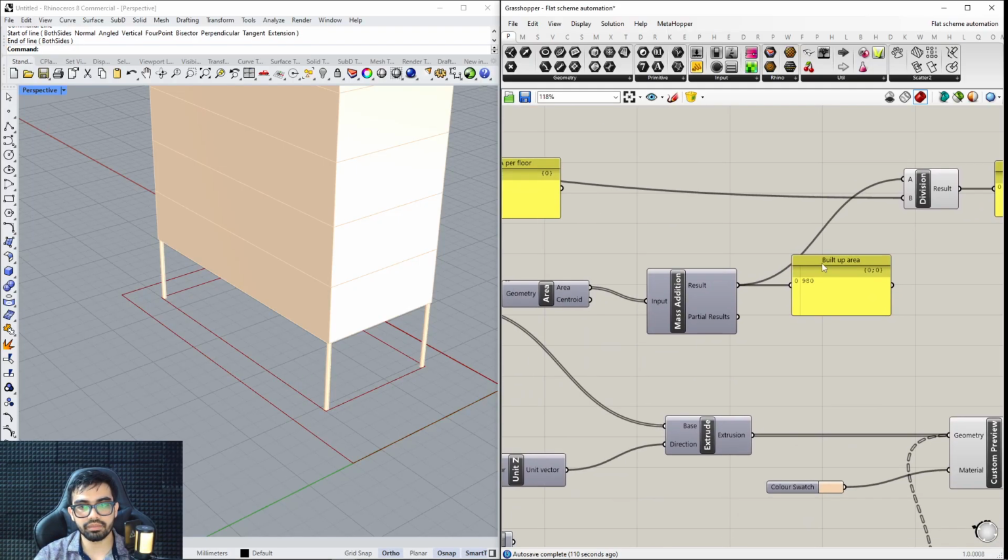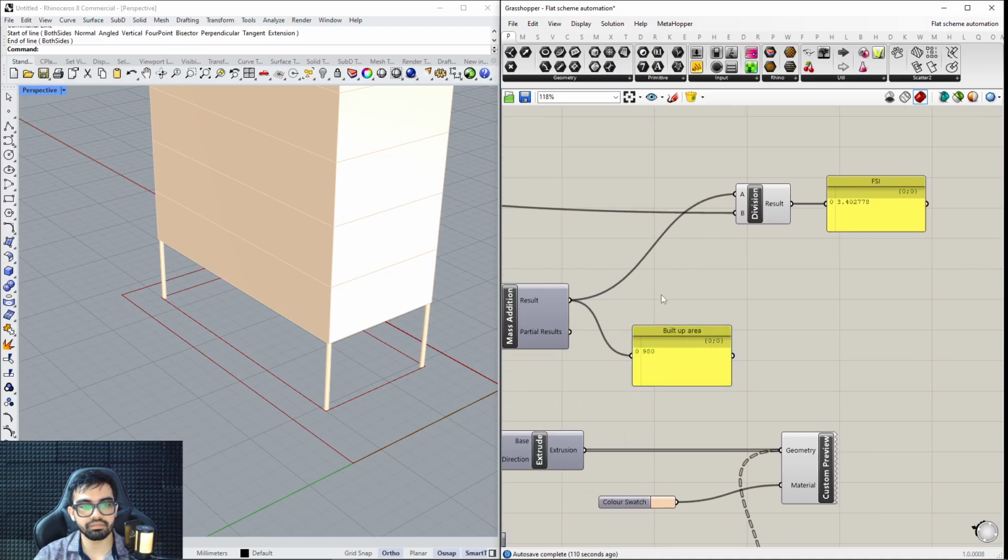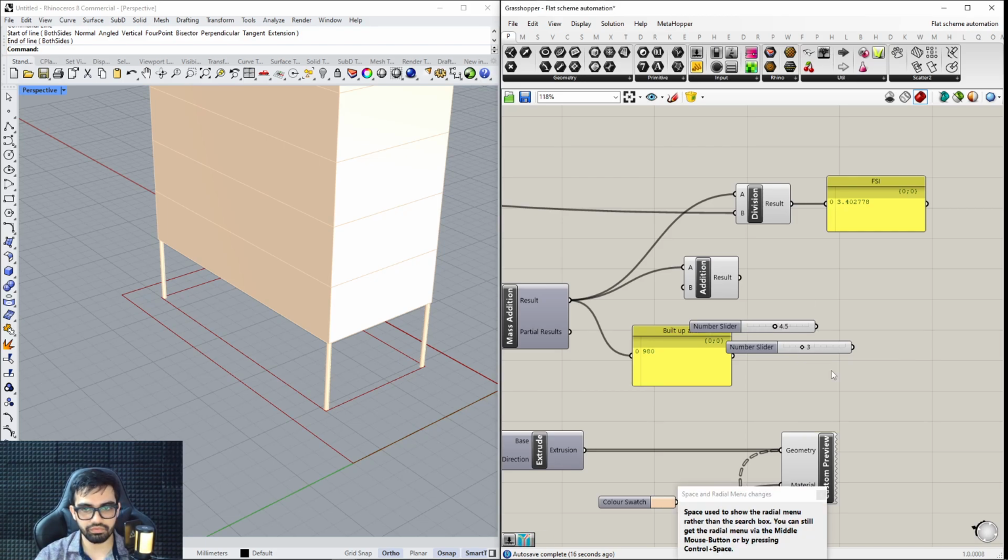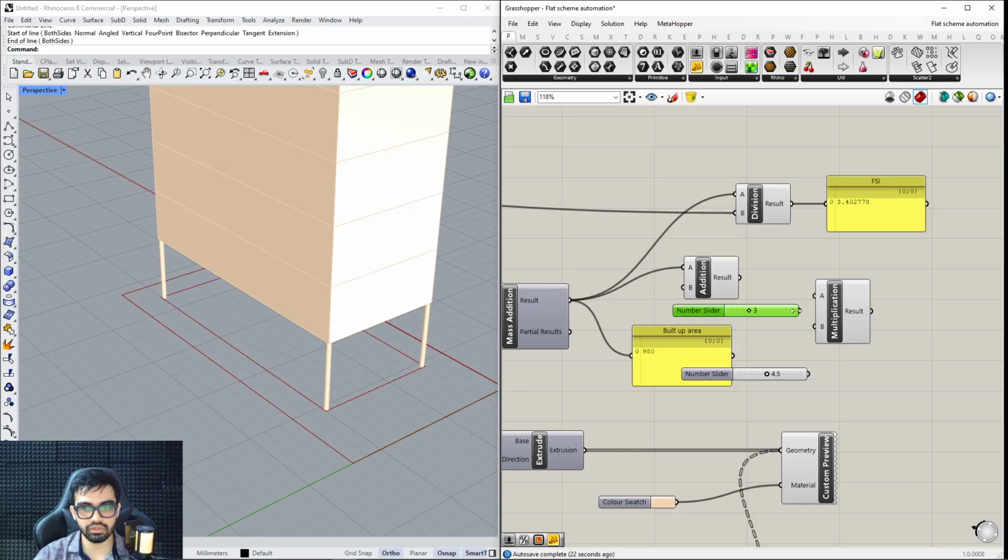So the total built up area, I'll simply add in how much is it? 150 square feet, right? So that's around 3 into 4.5, 3, oops, sorry, 3 into 4.5. I can simply do the multiplication over here, and then we can even tweak it. So I'm gonna say,